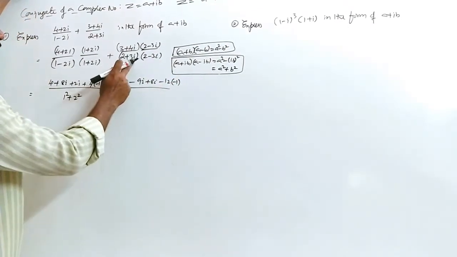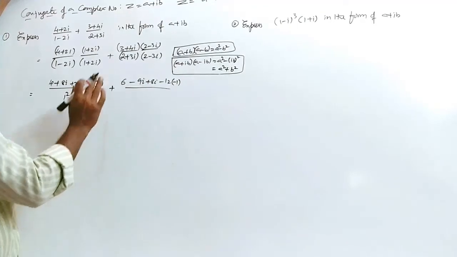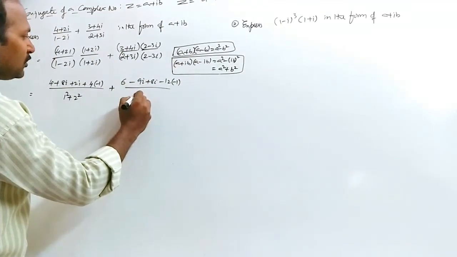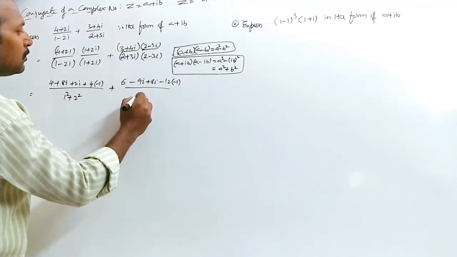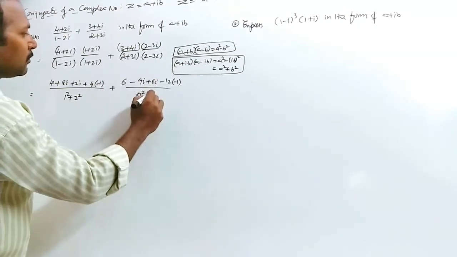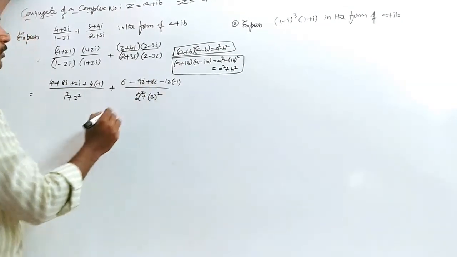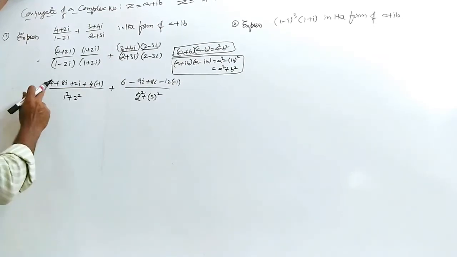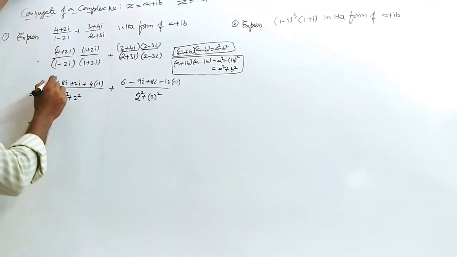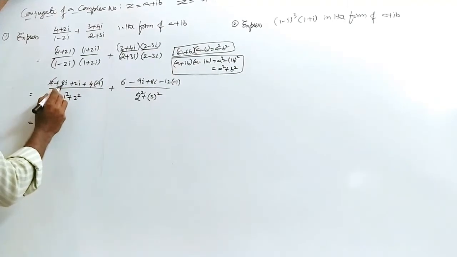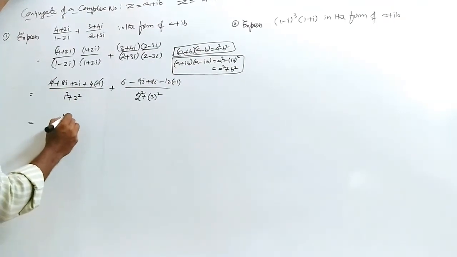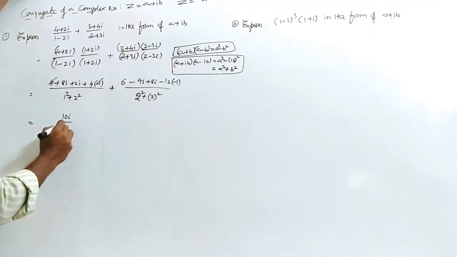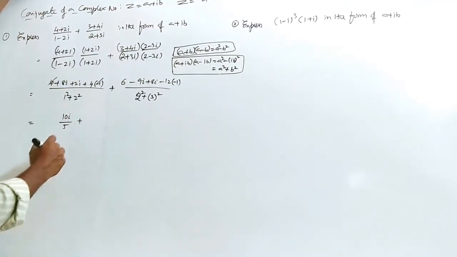Here also (a plus ib) into (a minus ib), a square plus b square, therefore 2 square is 4 plus 3 square. Now let us simplify: plus 4 minus 4 get cancelled, therefore here 8i plus 2i, total 10i by 5, plus,